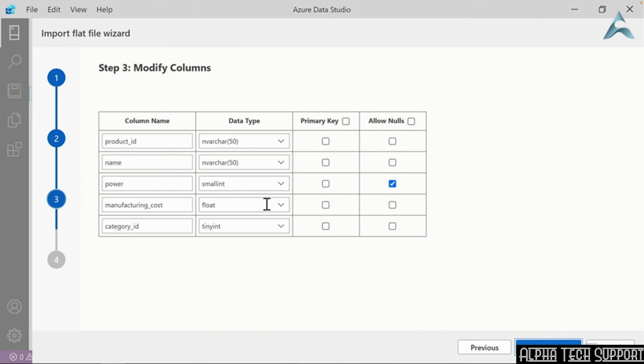I'll make a few changes here. For the product ID, it's assigned the data type of an nvarchar50. Now I know for the data that I don't need that many characters, so I'm going to change this to an nvarchar20 instead. I also want this column to be the primary key for the table, so I'll place a